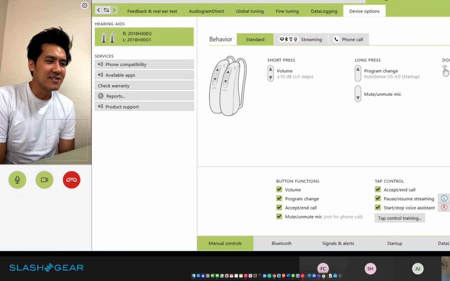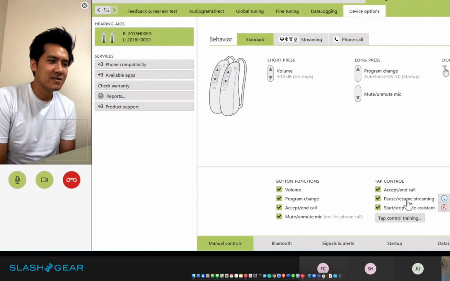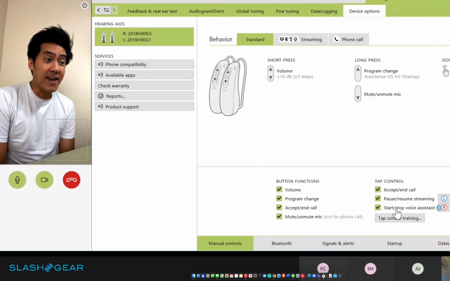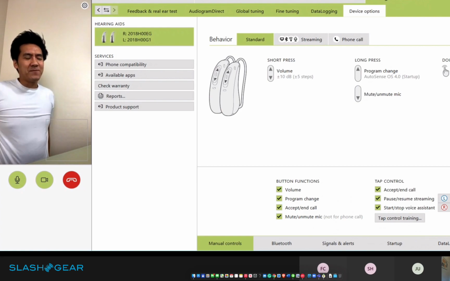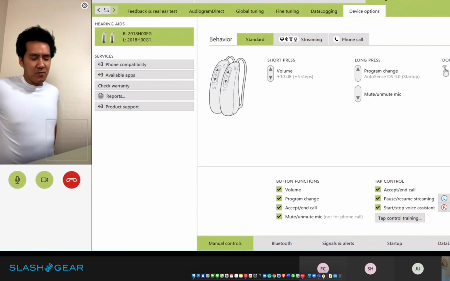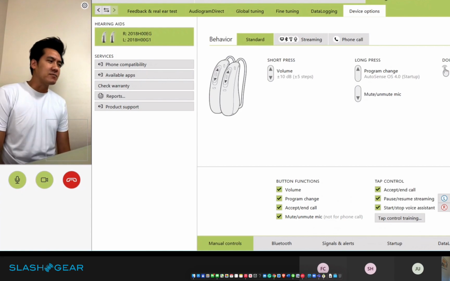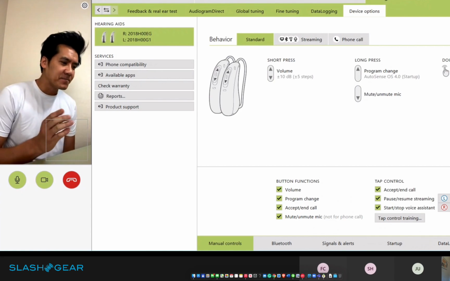So here, as you probably have seen already in the app, you can adjust the configuration as you would like to. Have you been trying the voice assistant as well? I have. Okay. The one feedback I would like to suggest to the team, if it's even possible, is kind of like how you do